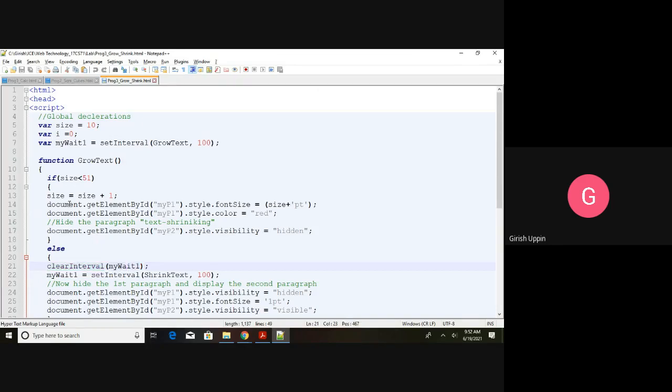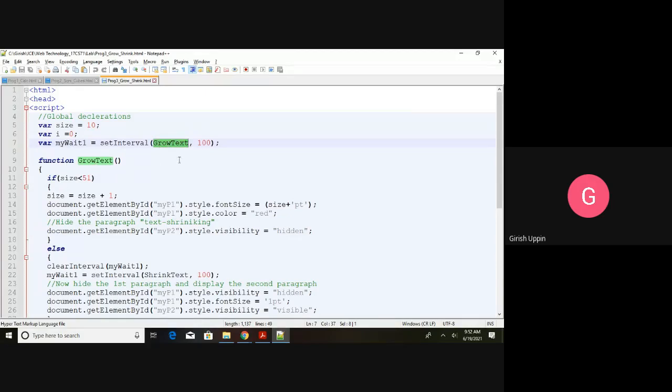I will repeat. myweight1 is equal to setInterval. The first parameter is growText, the second parameter is the time, 100 milliseconds. The minute you call the setInterval method, it will create a schedule and run this function. growText is the JavaScript function.